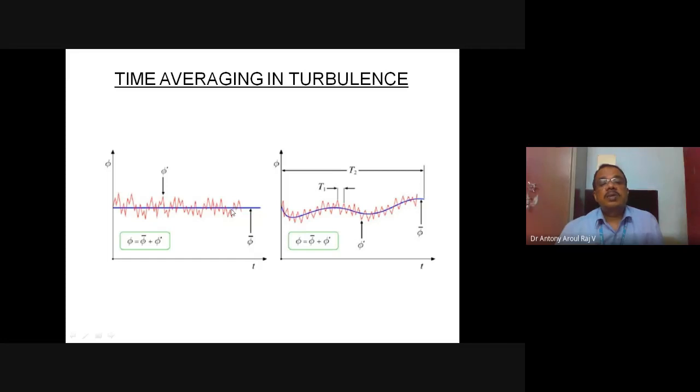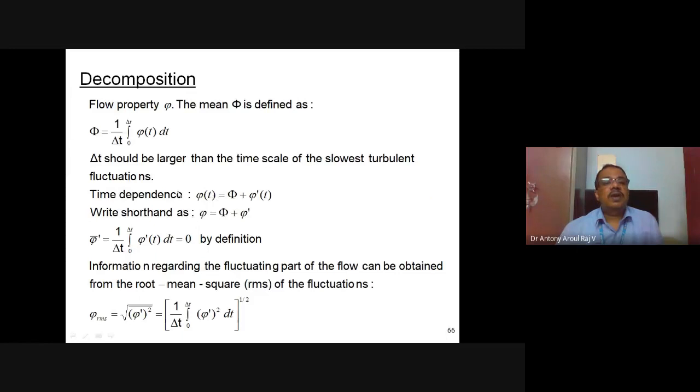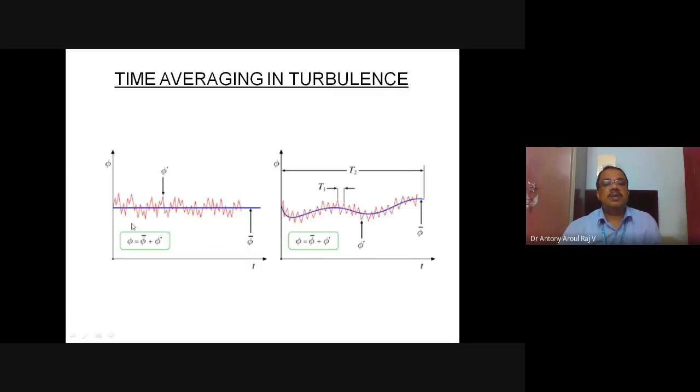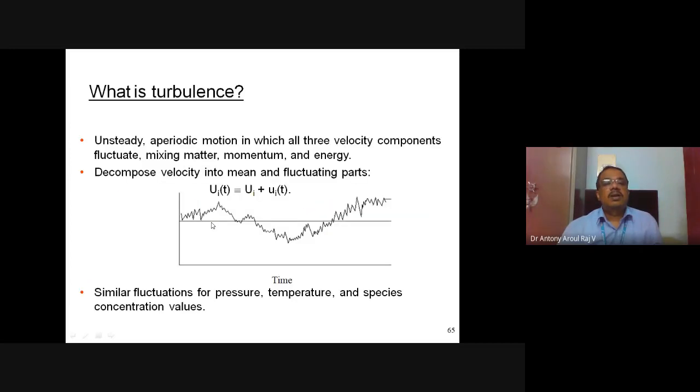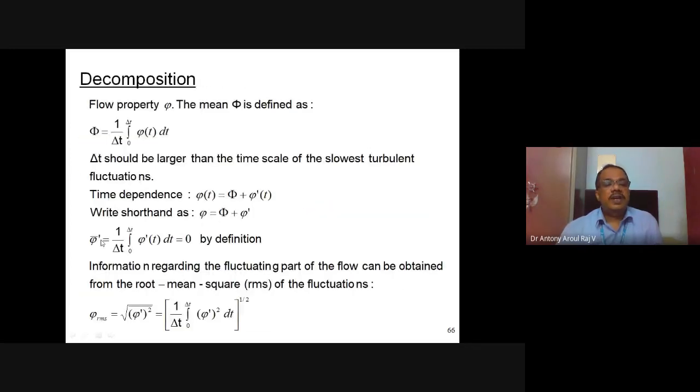When I do the integration of that, I will be getting phi of t. Next, I can do the same thing for phi dash also. This is for phi of t, I am doing the integration, so I will get the area below that. Now, if I do that for phi dash alone, you will find that it will be equal to